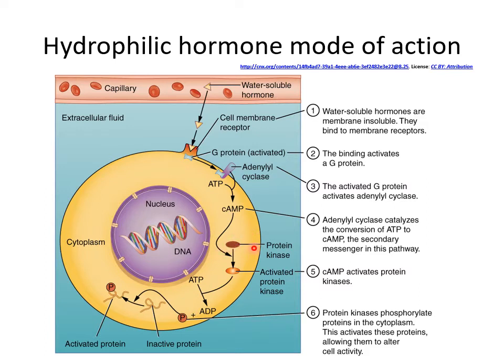It will start activating a bunch of protein kinases. And these kinases are going to add phosphates to a bunch of proteins. And these proteins are going to become activated and they are going to start doing activities in the cell that they couldn't do before the adenylyl cyclase was activated. So this will change the overall behavior of the cell. We are turning on and off the activity of various proteins that are normally found in the cytoplasm.